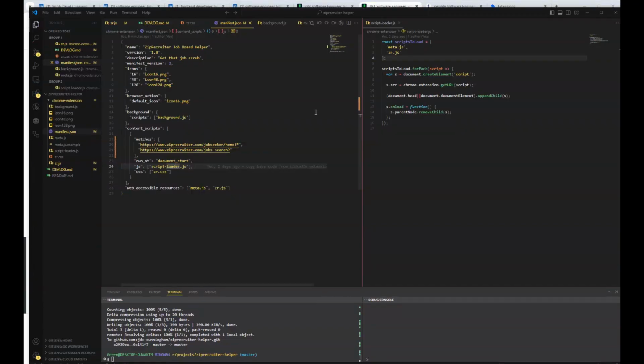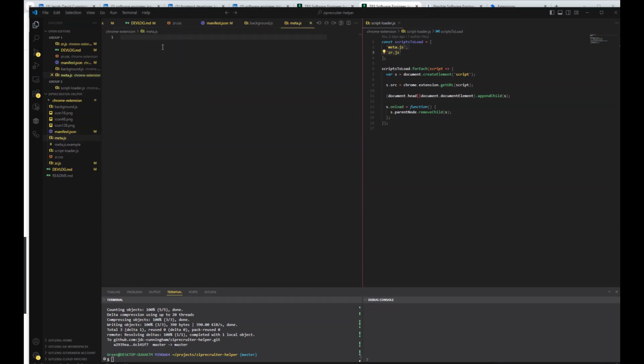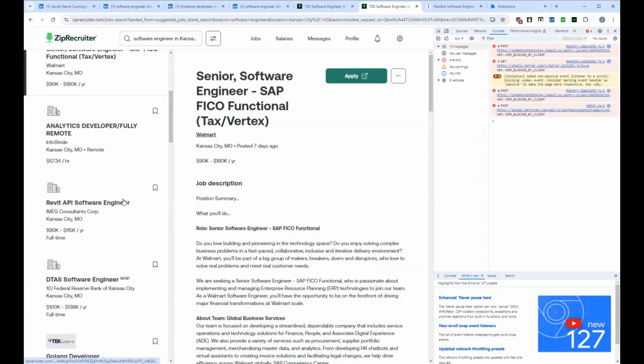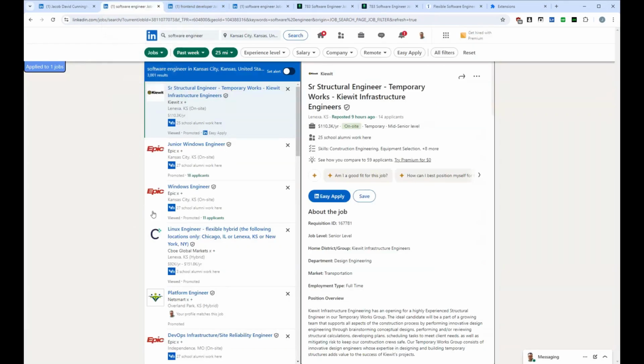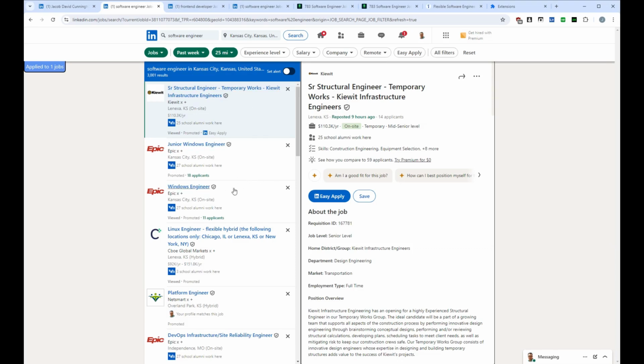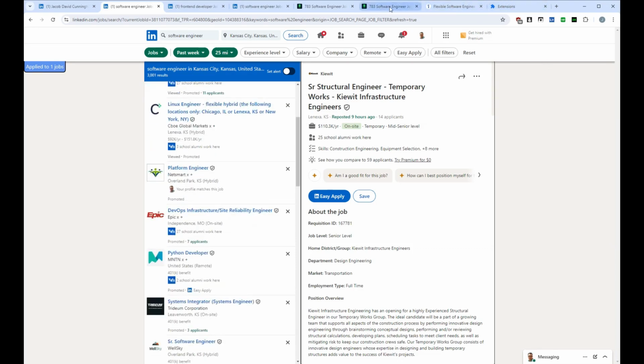Oh wait, yeah. So script loader runs and it tries to load these, meta and ZR. Meta is just for declaring variables, like if you have a bunch of companies you don't want to apply for, or the terms that you want to block, that's what you'd put in here. And ZR JS is the main code, which right now I'm trying to bind an event here. Like the LinkedIn one, when you scroll, that's when it changes stuff, and there's a whole async wait for this thing to appear. I'll probably have to do that here too,